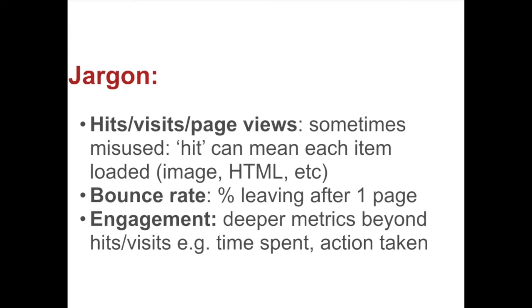And then there's the term engagement. Engagement is a broad term which refers to different metrics beyond simple page views that measure how someone interacts with the content on our website. So, for example, how much time they spend on a page, not just whether they visited it or not. Whether they took some sort of action, such as commenting or sharing the story that they've read. And increasingly, engagement is seen as much more important than those very basic measurements of page visits and page views. Advertisers want to know that readers are particularly engaged with stories.